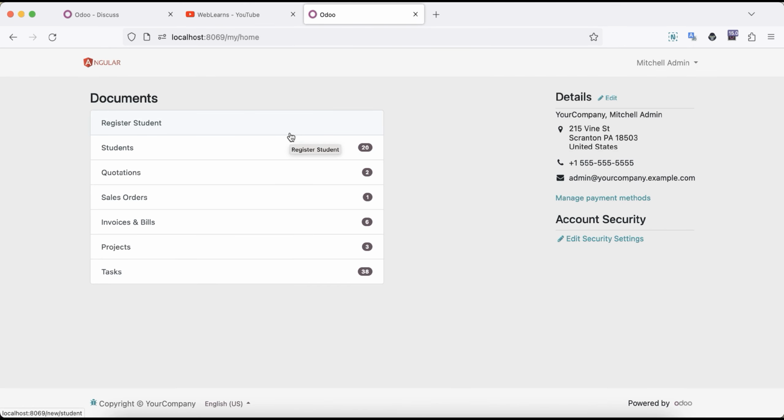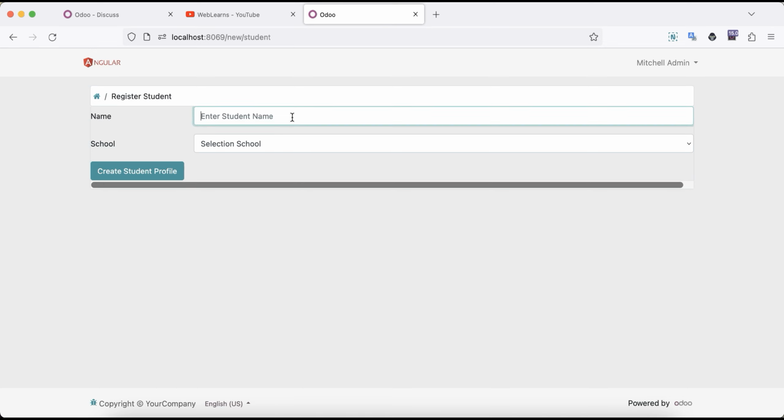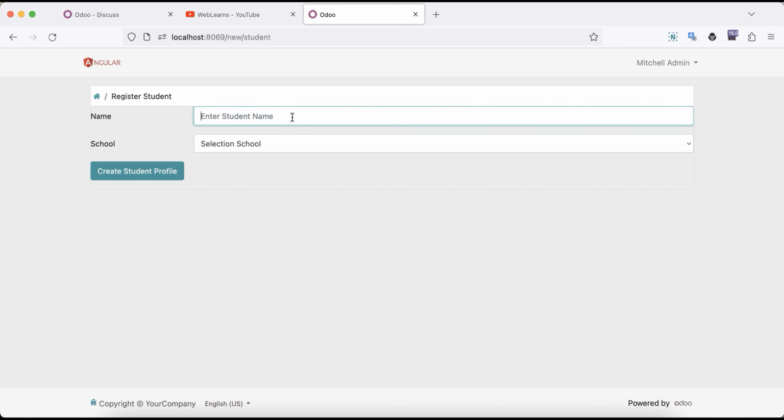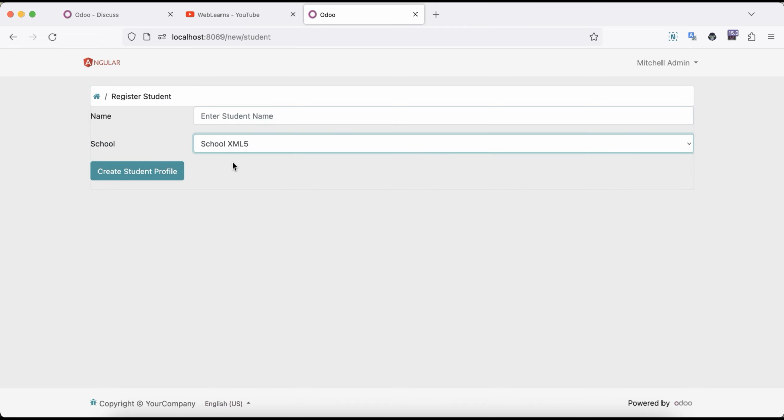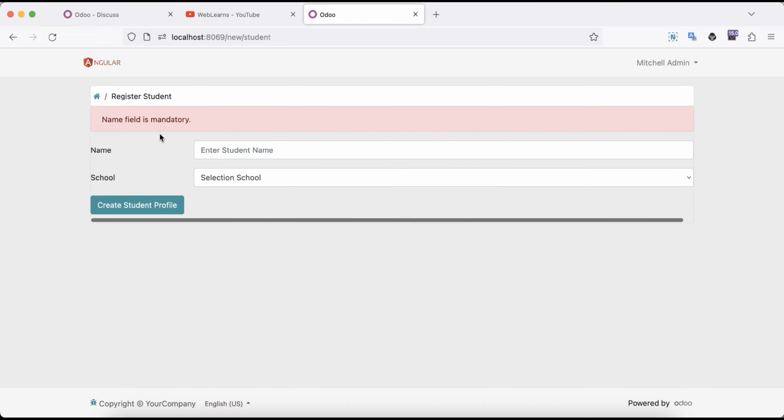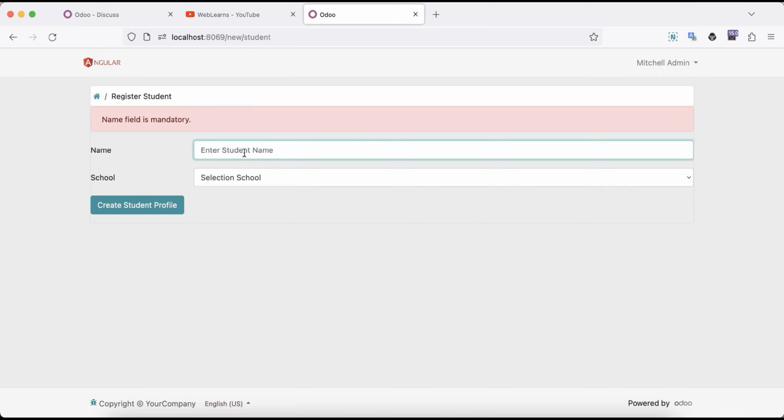So here we try to create a new dynamic form view. Once the user enters the data here, it will automatically create a student profile, right? And we also implemented the server-side validation. So let's say if I click here, you can see nothing happens. If I select this school XML5, or some wrong information, you can see the name field is mandatory and so on, correct? And if I successfully add the correct data, then it will automatically create the record,